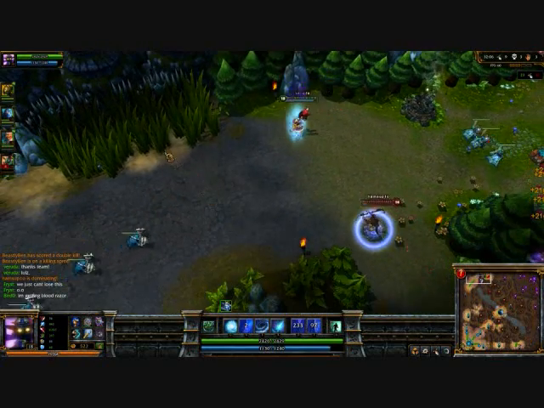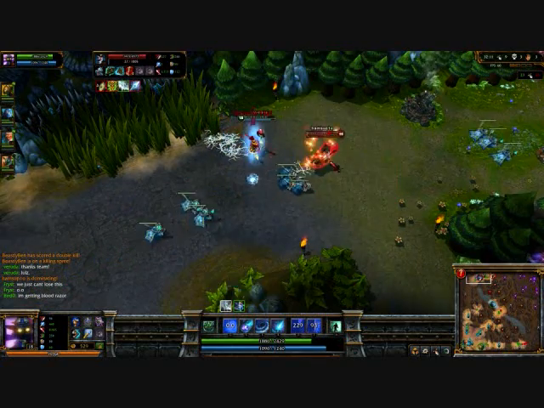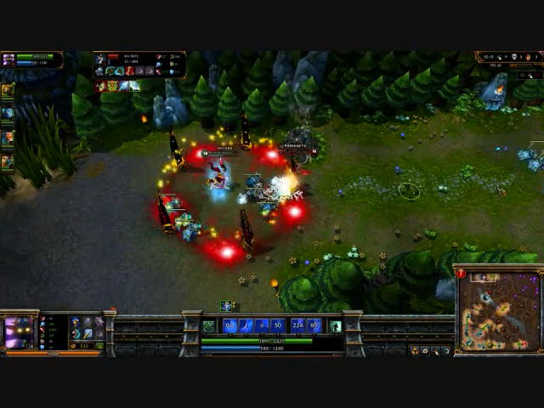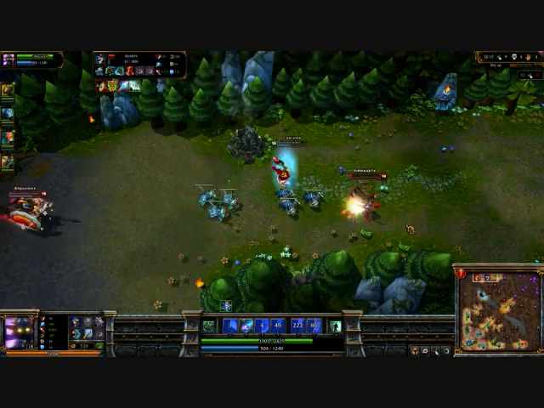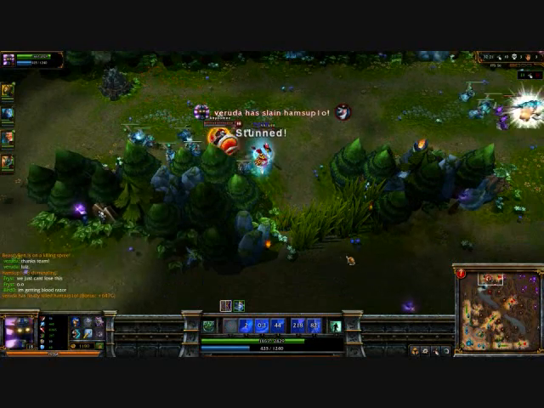Veigar's R is the best. It's actually called Primordial Burst, but you'll soon be referring to it as Let's Go Get a Kill. This is a single target burst that blasts the target enemy champion for a flat amount, plus the combined AP of Veigar and the target. So obviously he's a threat to anybody due to this ability,